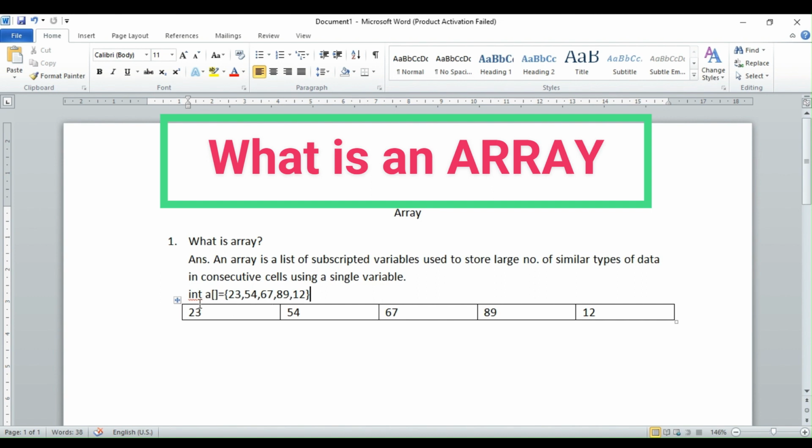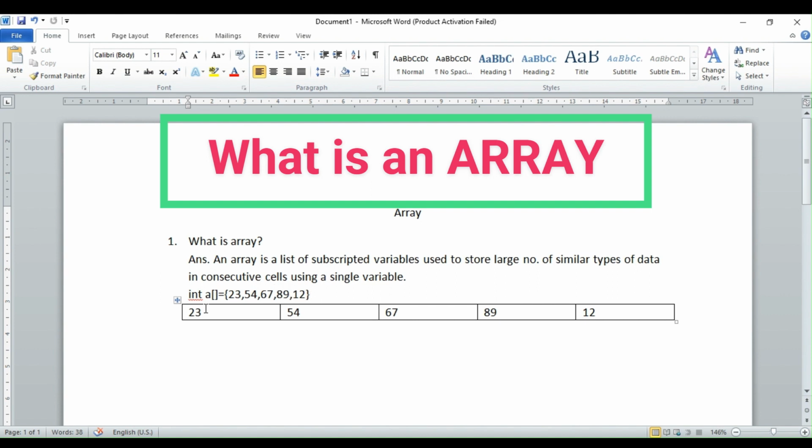Int means the data type of the array. We can store only integer type elements in the array a. a is the array variable, and in the array a there are 1, 2, 3, 4, 5 elements.